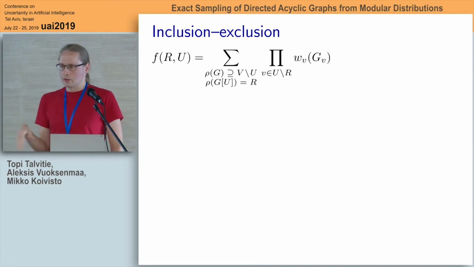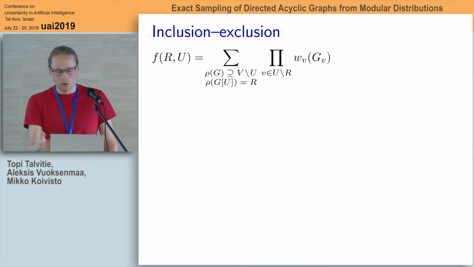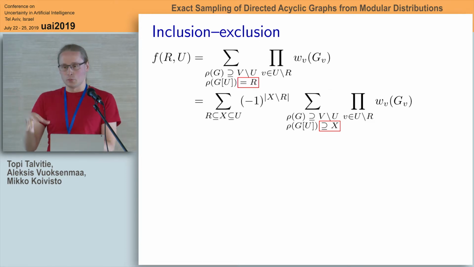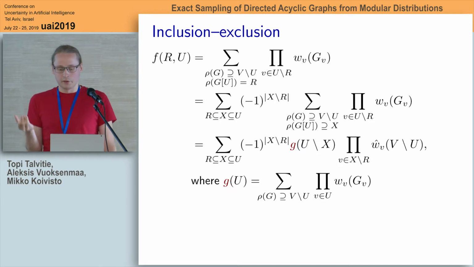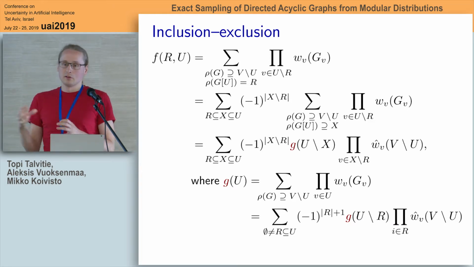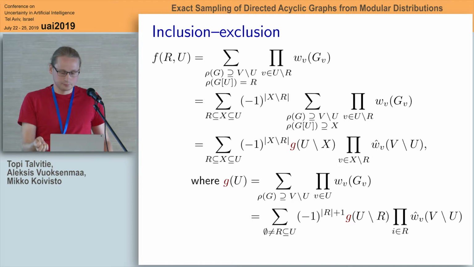So it's kind of technical. I just give you a glimpse of how it works. So we simply modify the definition of F a bit by introducing inclusion-exclusion. So the first term, where x is equal to r, we just add something extra, which we have to subtract out, and so on. And this can now be written in terms of this function g, which is kind of a simplified version of f, which has only one argument, but still sums over DAGs. And G can actually be also computed recursively using inclusion-exclusion.